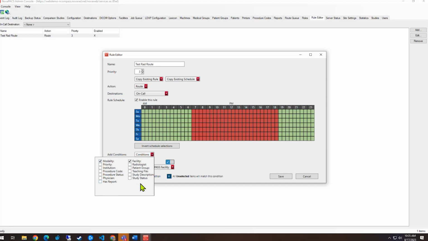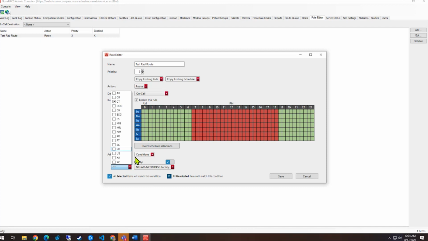Not all of them are going to apply to everybody, so you'll just need to make sure what applies to your facility. Modality is always a good one. Institution tag is always a good one. Facility is a good one. And then you can specify, I want to route nothing but CTs in this case, or you can add any modality you want. The nice thing about this as well is if you hit this check mark and make it an X, now it's going to say send everything but this. So if you want everything going to this destination, this doctor's workstation, except for mammos or except for, in this case, CTs, you can do that.